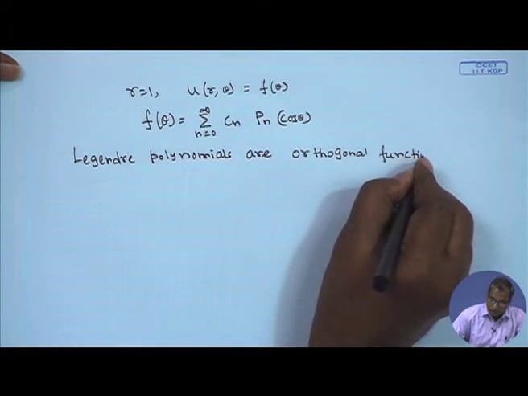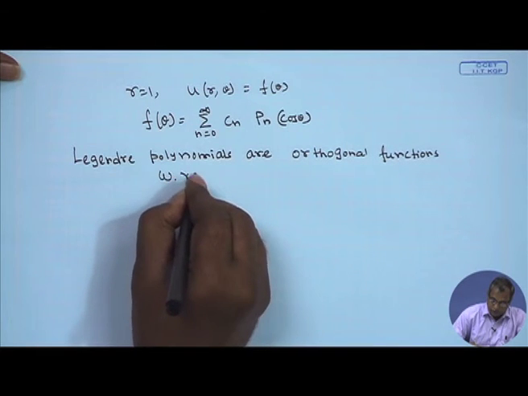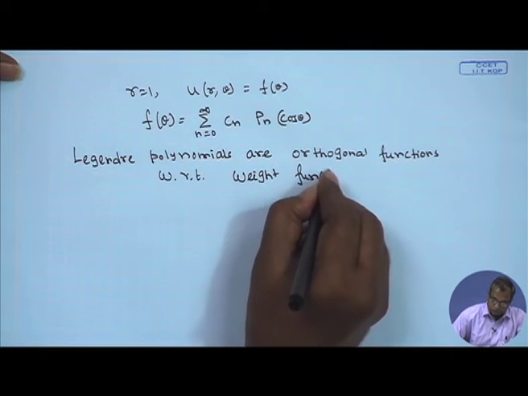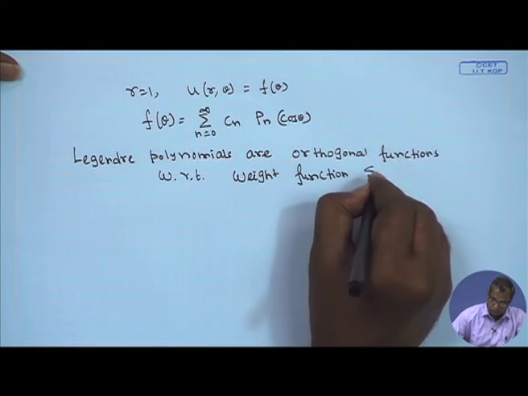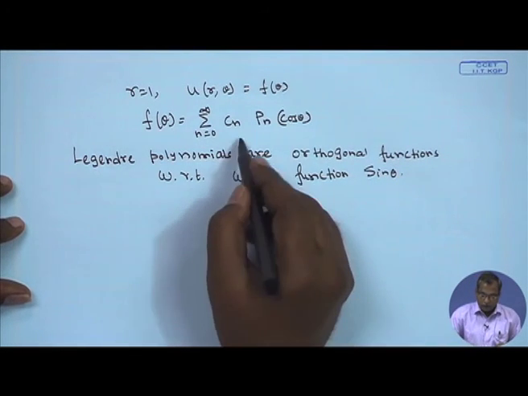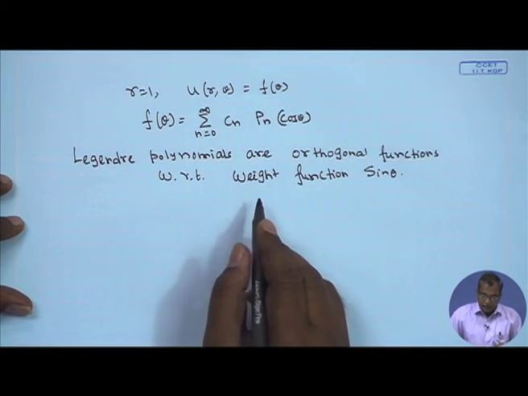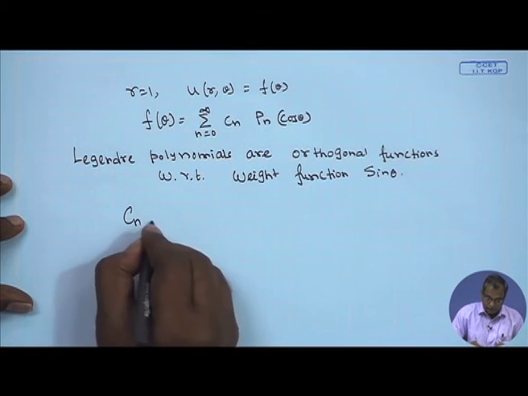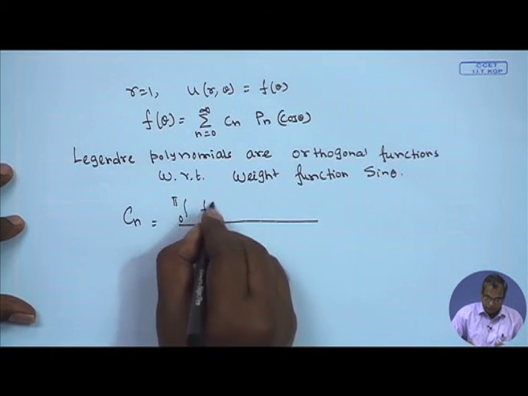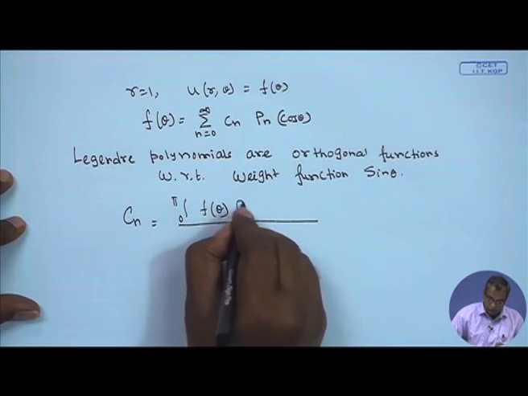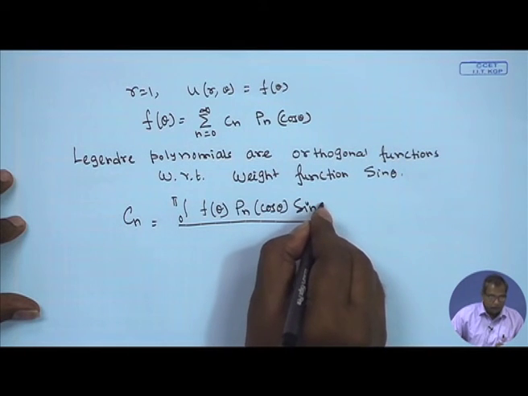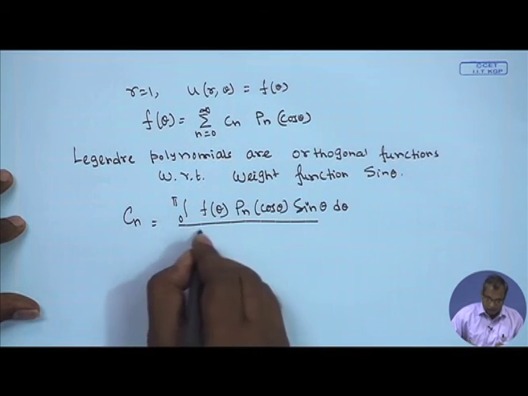functions, but with respect to weight function sin theta. So we utilize the orthogonal property of the Legendre polynomial, and we can evaluate C n as the integral 0 to pi f of theta P n cosine theta sin theta d theta, divided by 0 to pi